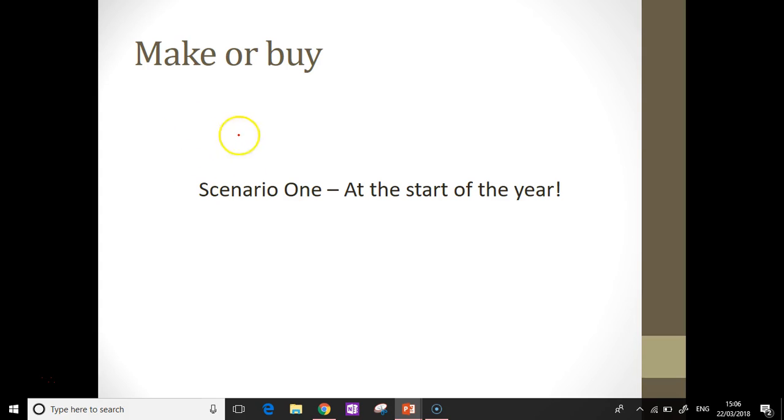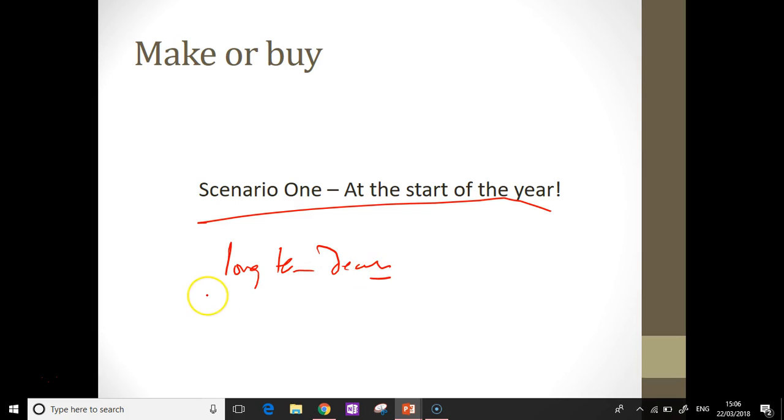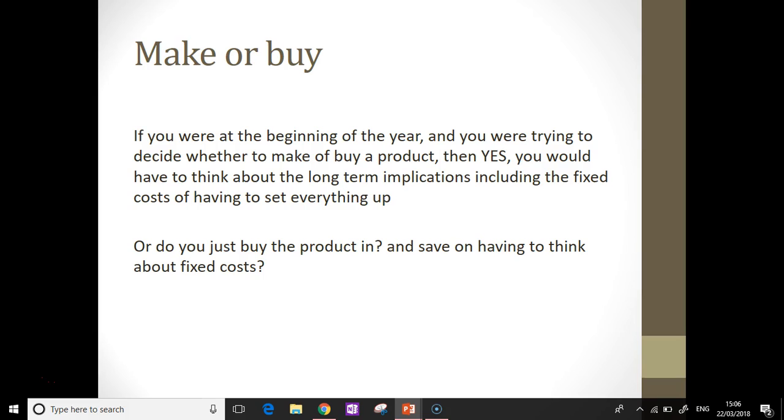You can have a scenario where at the beginning of the year, you might be deciding, do we make the product in-house or do we buy the actual product? Now, if you're making this type of long-term decision and you think we want to make a product, you're going to have to get a warehouse.